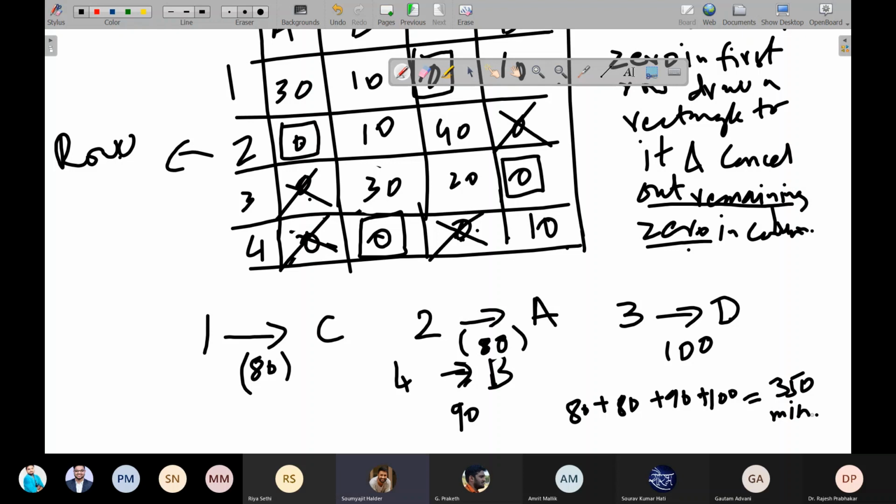Sir, we're getting 350 only. 350 only, right? Yes, sir. So is it always the case that irrespective of what you do, there will be a slight difference? See, this is textbook data, so we have this, but there can be a slight difference.